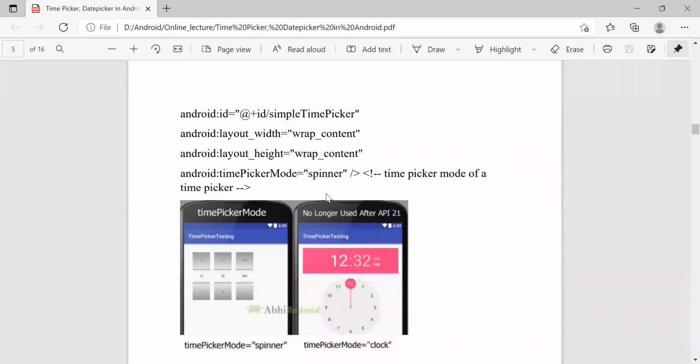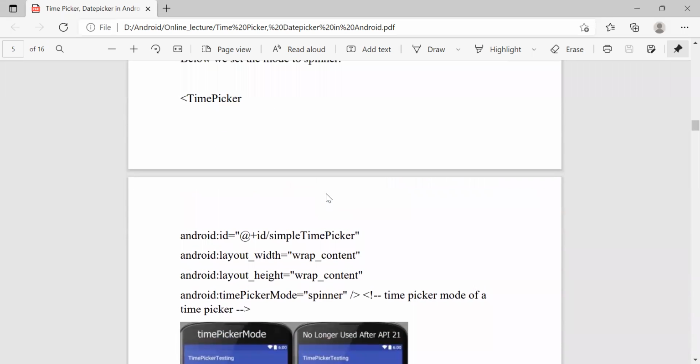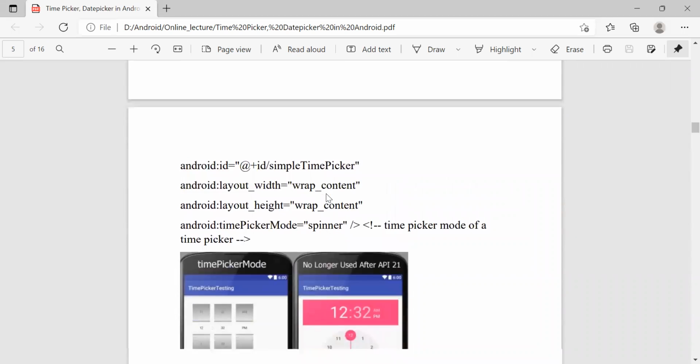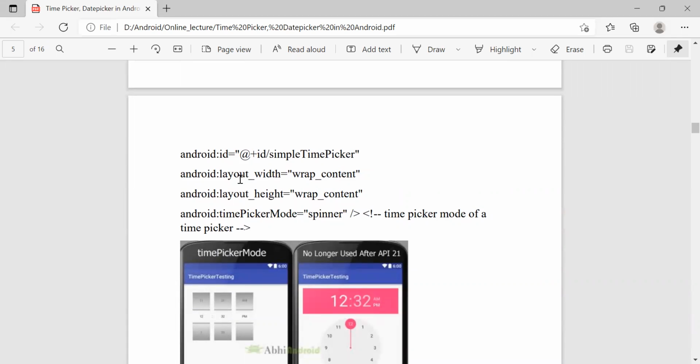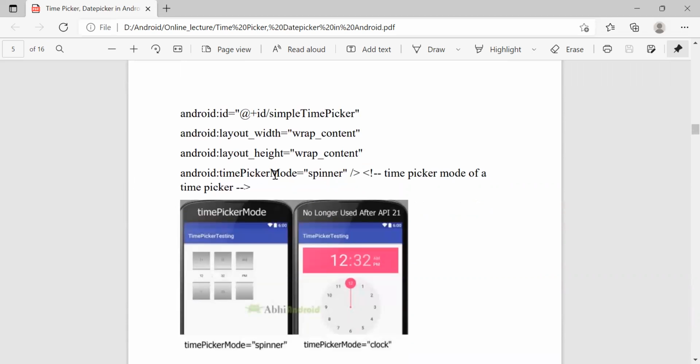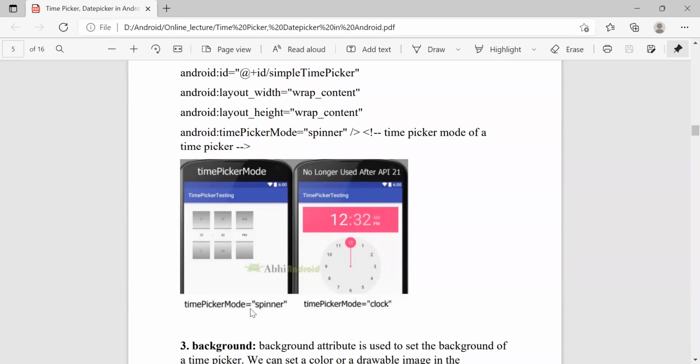So here we set some basic attributes also. Here we create the time picker control. Its ID is simpleTimePicker. Its width and height we set to wrap content. Then we set its mode to spinner. So Android timePickerMode is spinner, and it will display like this. If we set it to clock, it will display like this. So here in the output, you can see the time picker mode is spinner, so it will look like this. If it is clock, then it looks like this.